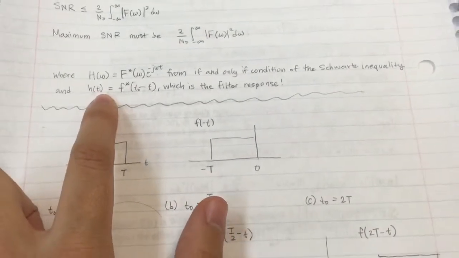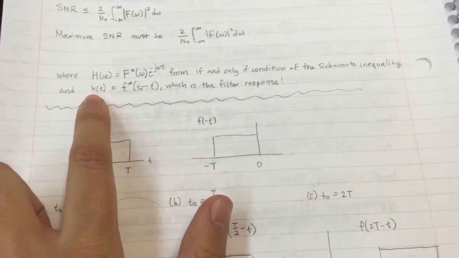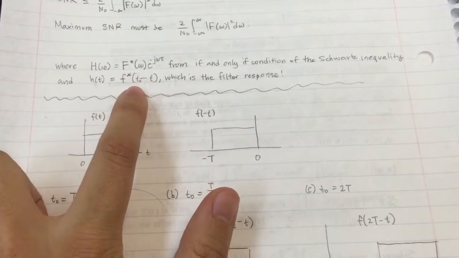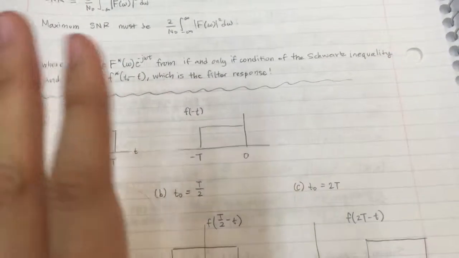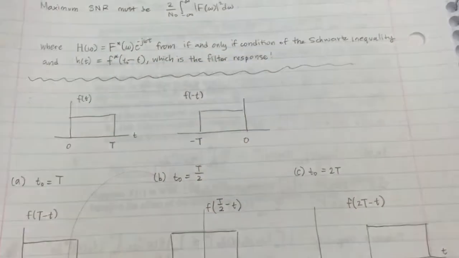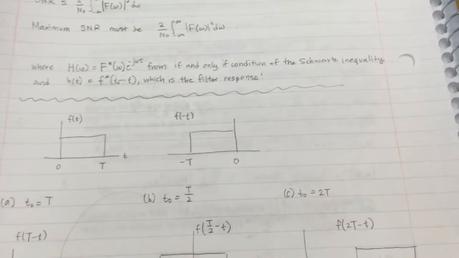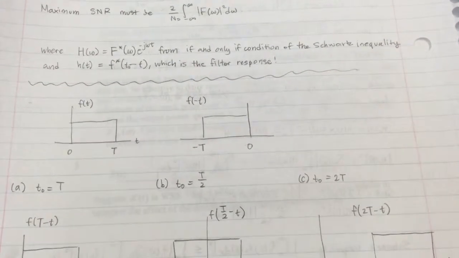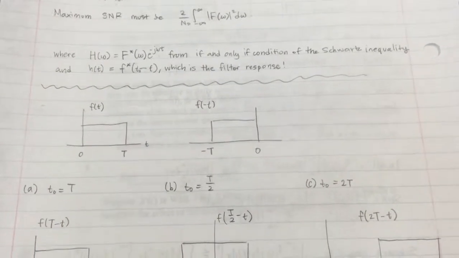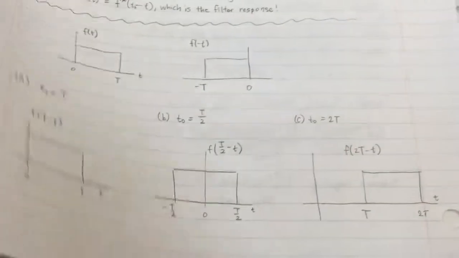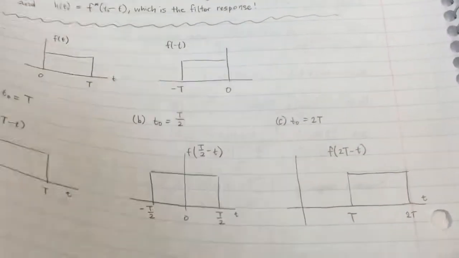When we write that in the time domain, we get h(t) equals the time reversed complex conjugate of f, which is the filter response. We see that this is true for the matched filter because we are using a known input to find an unknown output. So for parts A, B, and C, after we find